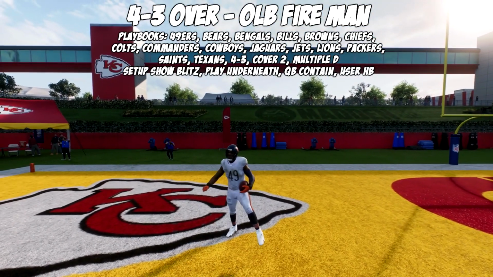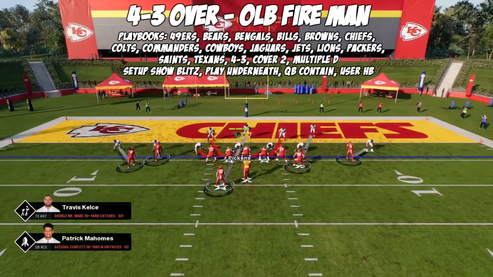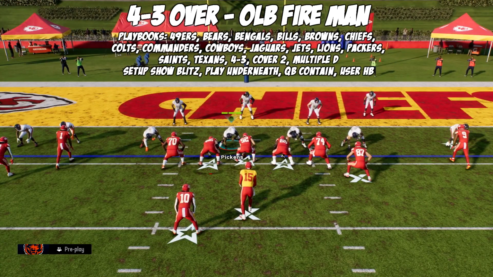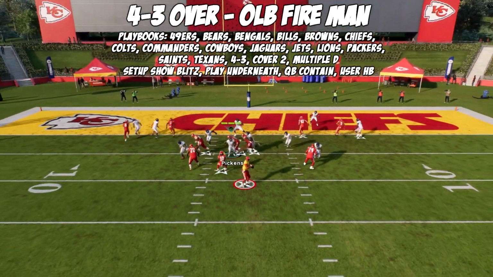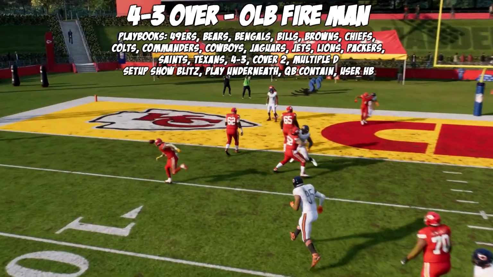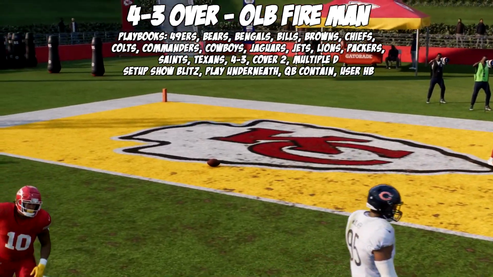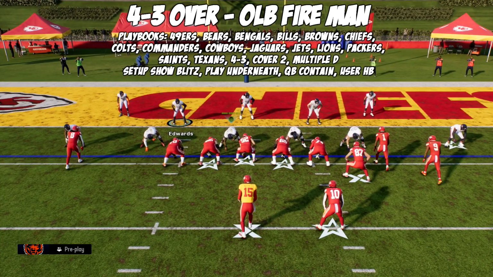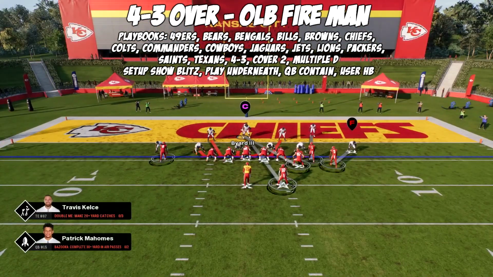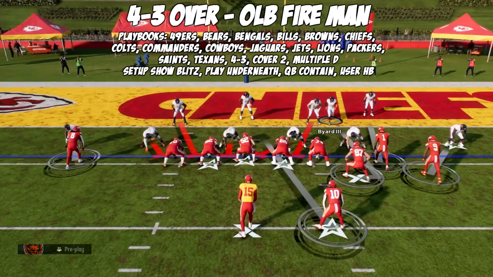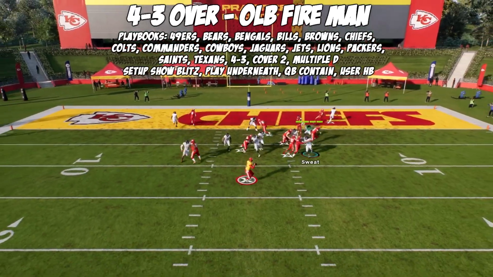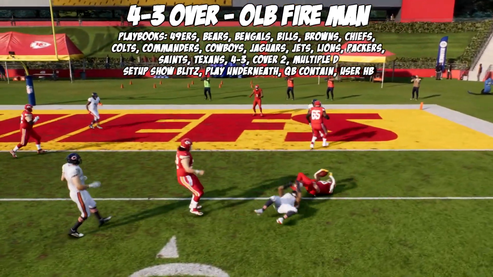And we need to see these motion swing passes. Now, if you don't want to user, I would recommend you just press and then that's it. Just press and that's it. Don't do anything else. You'll play it better if you just press. Okay? See how they play it much better? Just press. But you really need to user that route. It is so hard to do if you don't. Oh, you can actually play underneath though. You do want to play underneath. But you don't show blitz. This is us not using it and just not